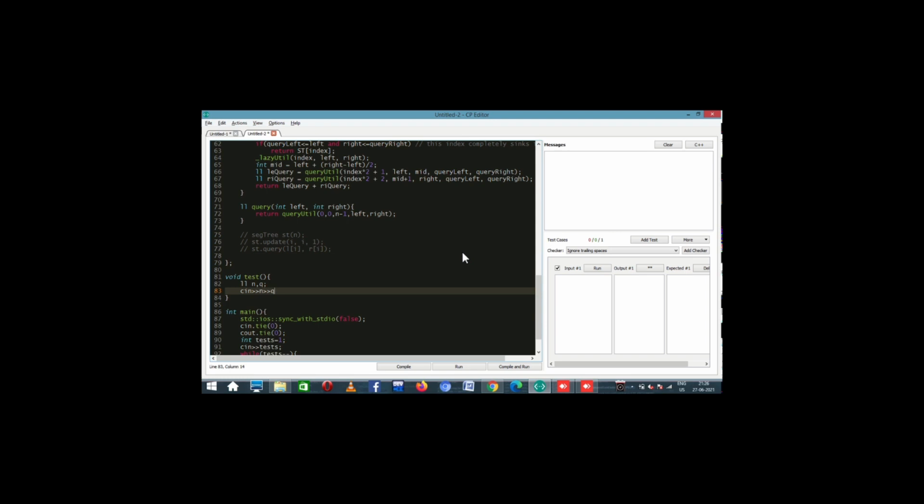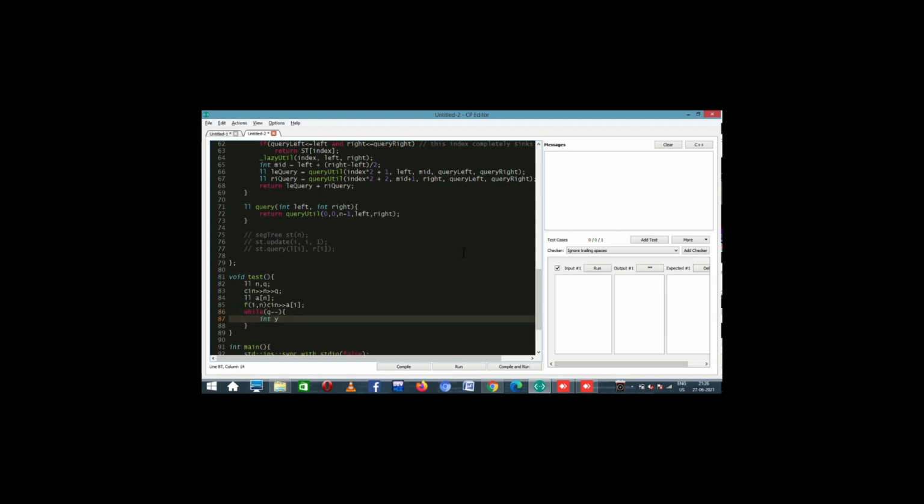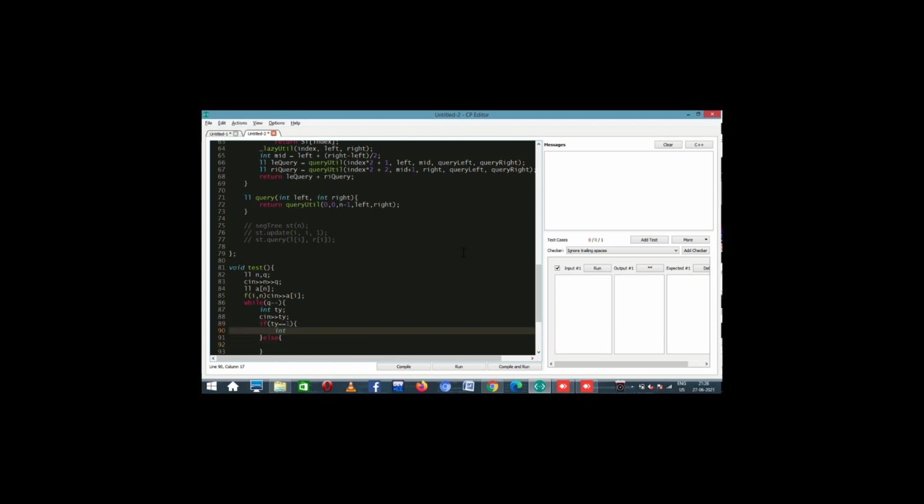Now LL A N, right? Now what next? While query minus minus, we check the type of the query. So if type is 1, we do something, else the type is 2, we want to print something, right? In this case we will get L, R and X. Because these will be 1 indexed, I want to play with 0 index, so I'll just say L minus minus and R minus minus, right?